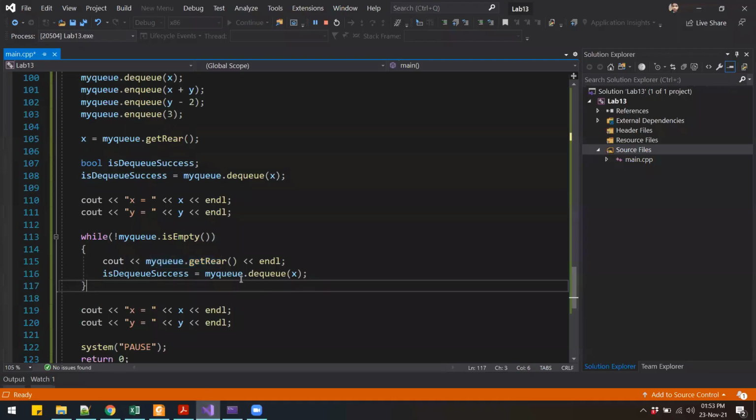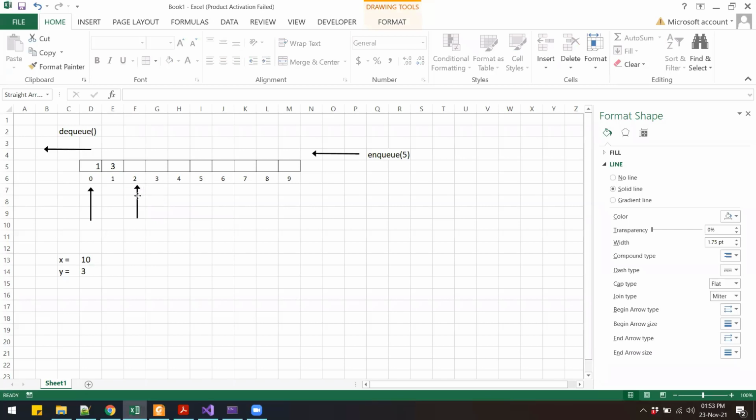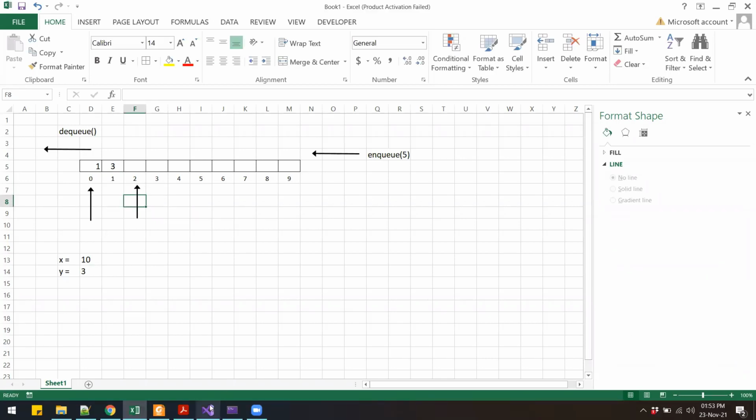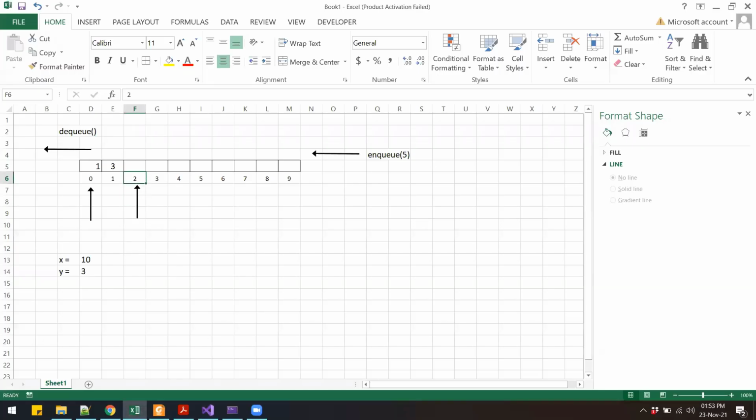And then we again dequeue. So 10 goes in x, right? This will shift, so 1 goes there, 3 goes there, and this goes away. So the rear will shift towards the left. So we print the value of the rear, right? So the rear is now 2, so we print 2.